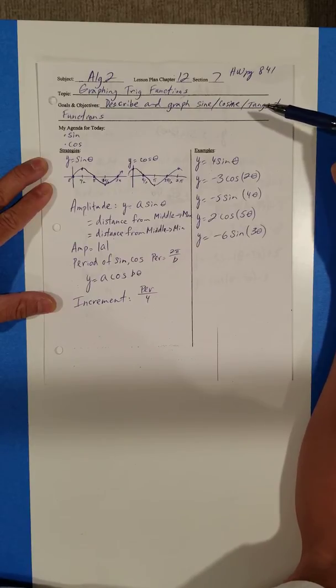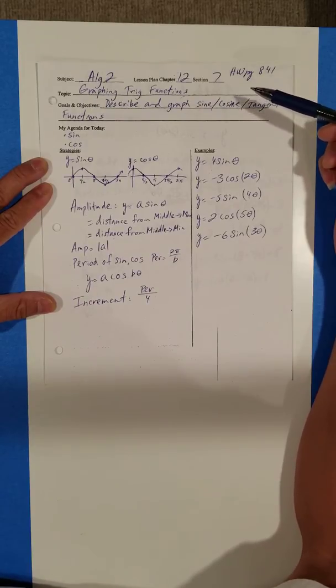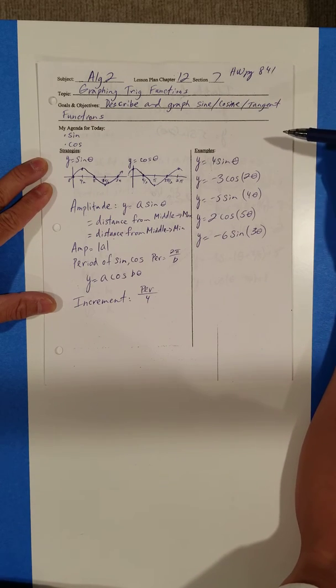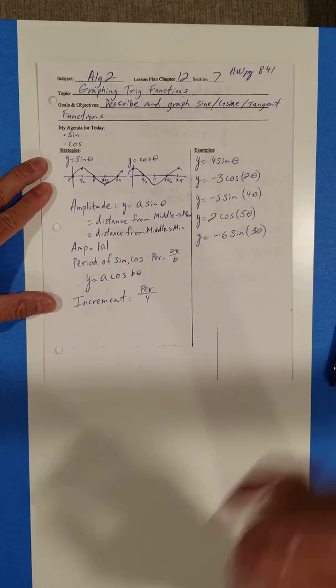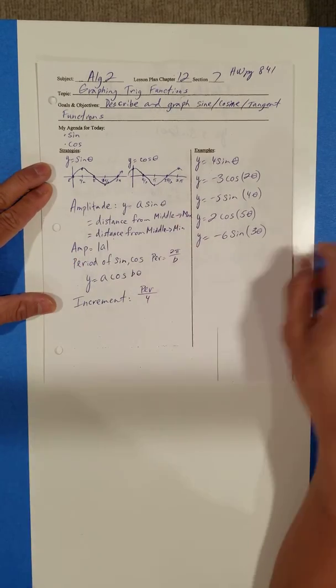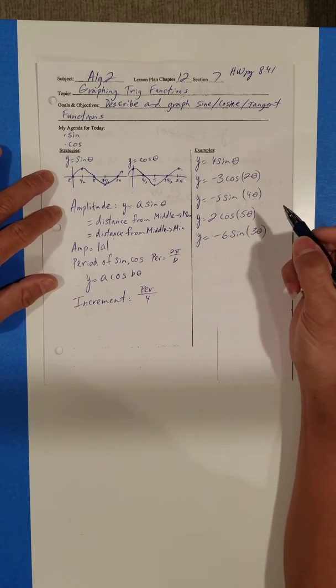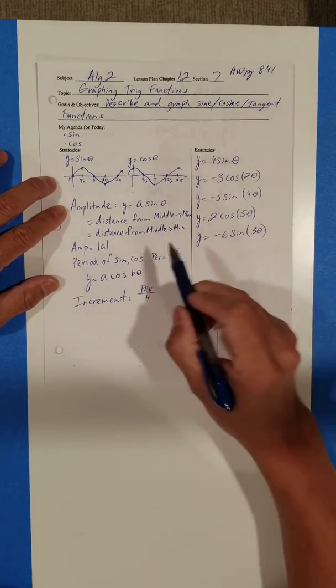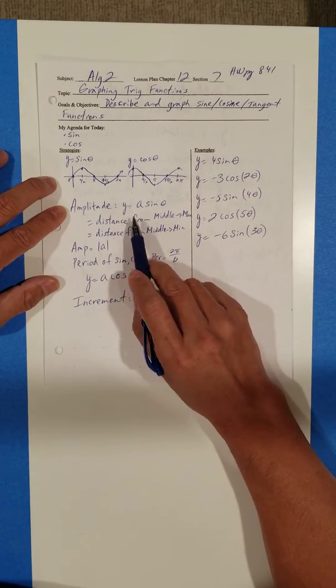Okay, this section is going to be dealing with graphing trig functions. So basically, in this section, what we want to try to do is graph sine and cosine functions. When you're given a sine or cosine function, it's going to be in the format of y equals